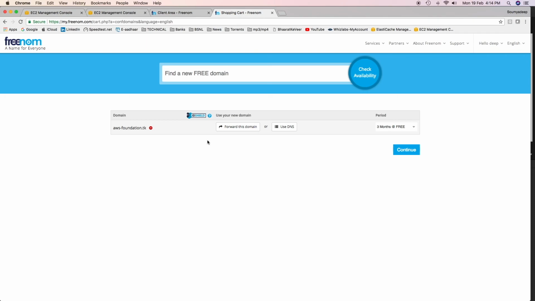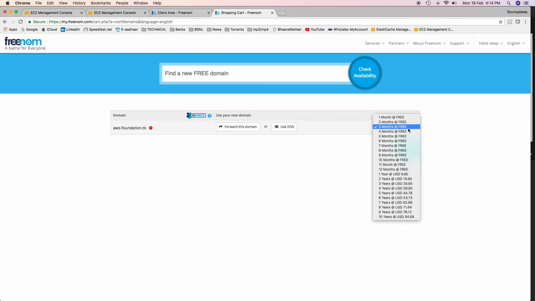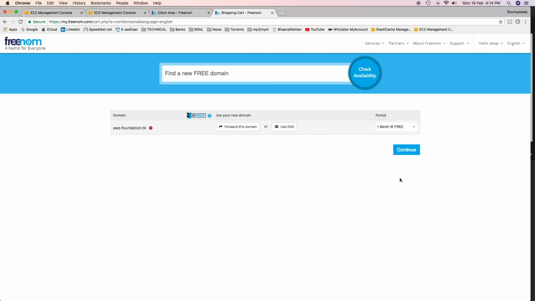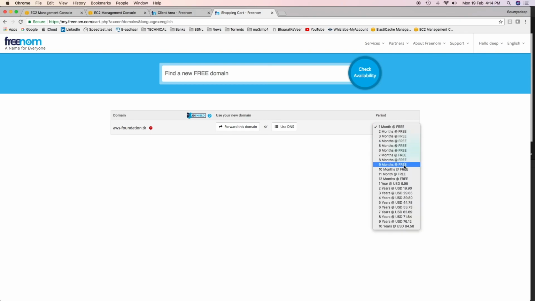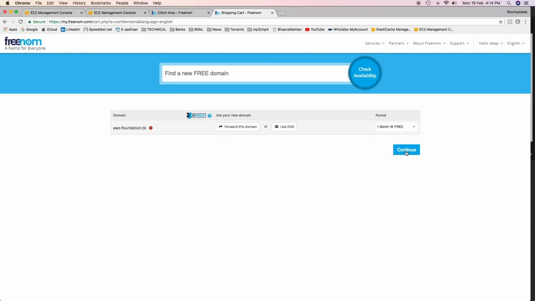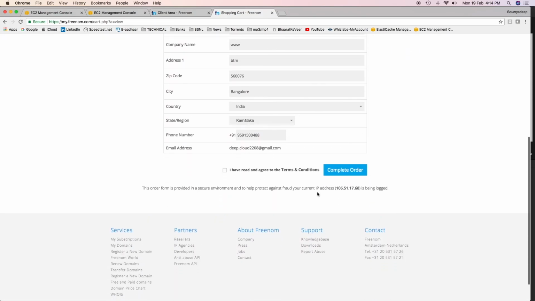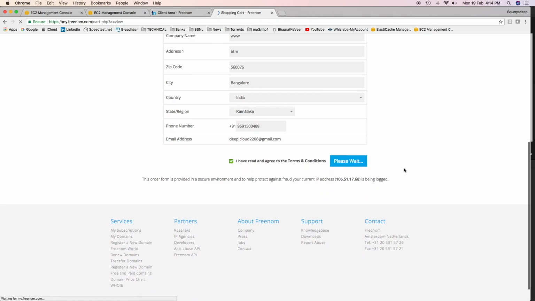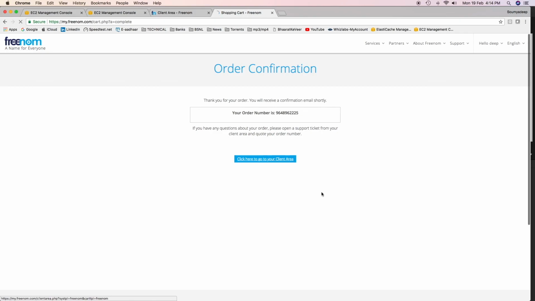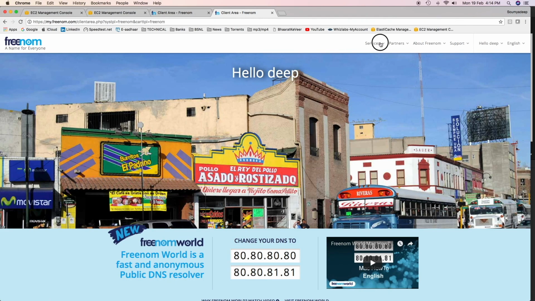Remember to remove the .com domain as I just did, because that will cost you some money. For how long do you want it to be free? I'll take it only for 1 month as of now. The maximum free you can get is 12 months. So if you need more than 1 year, then it will be chargeable. Click on continue and then place complete order. That's it. You have got the domain name. This is my order number. You can go to your client area and click on services, go to my domains. You'll see